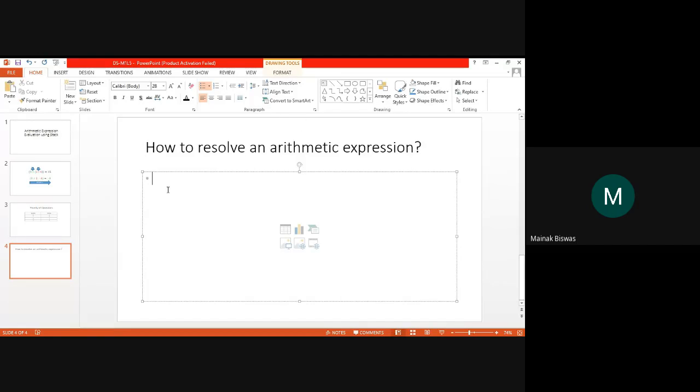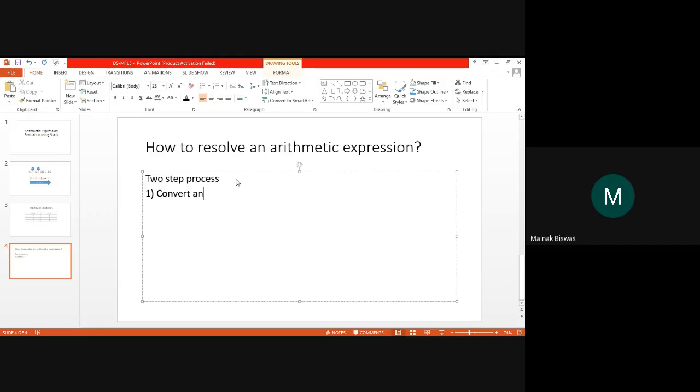So basically, it's a 2-step process. The first step is that you have to convert. A normally given arithmetic expression is in infix form, where the operator lies between the two operands. The case where the operator lies to the right of the operands is called a postfix operation. We'll show an example of how it looks.